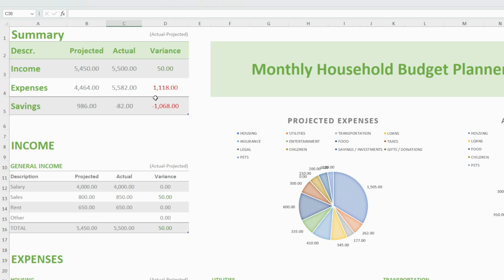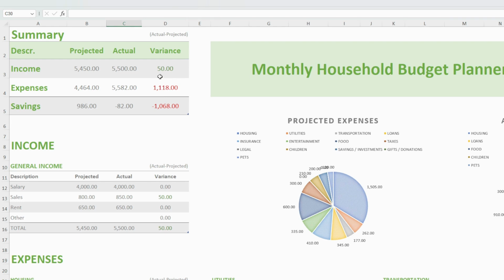So in the variance column, the red color will light up when the result between actual and projected is unfavorable. It's a bad result. And green when